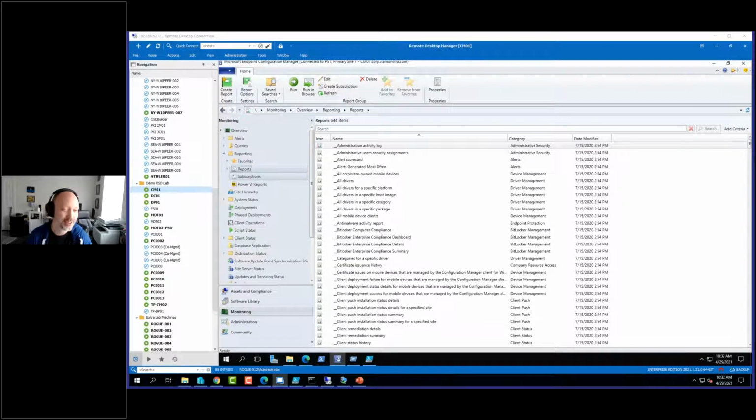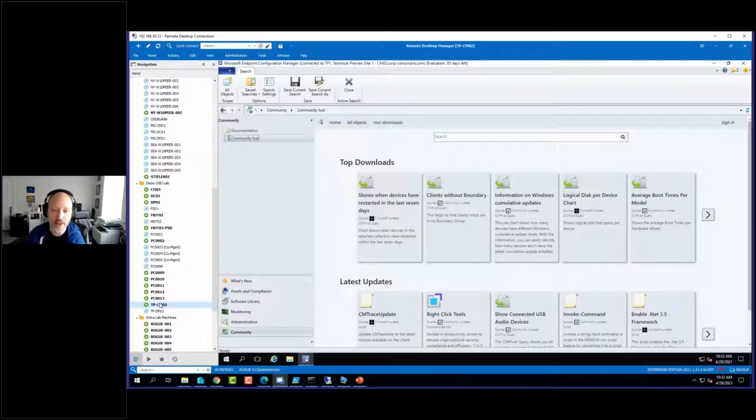Now, back to what I consider the goodest stuff, or the best stuff, and that's of course the changes related to imaging in both 2103 and also the 2104 technical preview. So I figured I could start backwards, because Kent did mention the community hub that is available in both current branch but also in the technical preview. It's the same type of community hub. And as you see here, there are tons of different things that you can download that simplify things. But even if you start to search for things like a sequence,